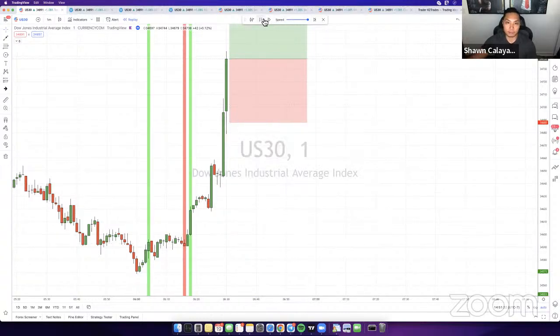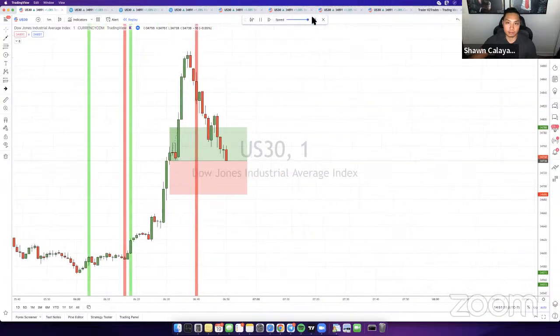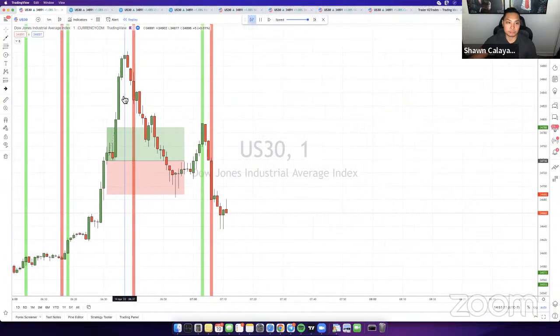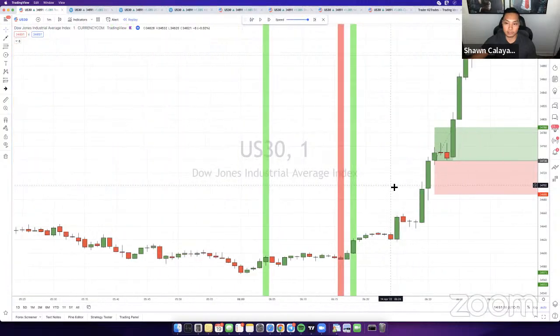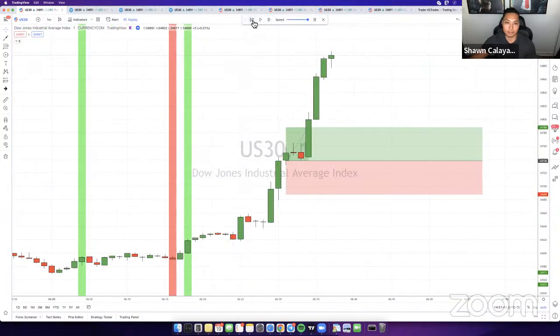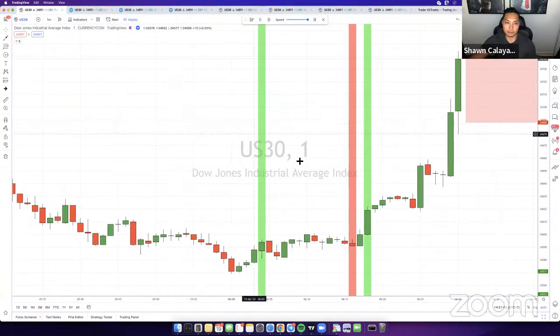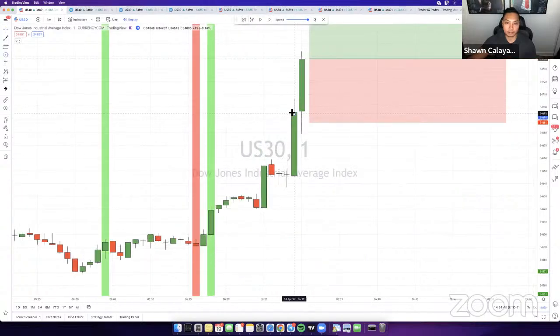And then I would have let it run. And you can see right there, it went straight to full TP. The key thing to look for here is just the first initial push, right? If the first initial push has already happened, which it did on the prior candle right here, you can see